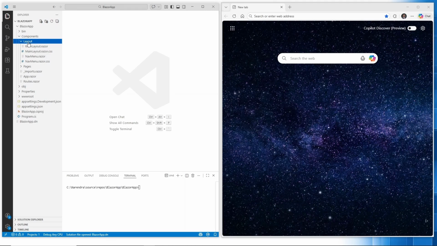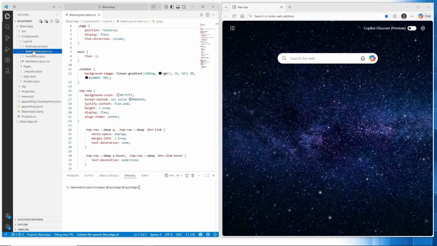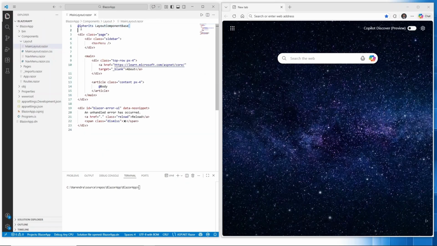In an app created from a Blazor project template, the MainLayout component is the app's default layout. By convention, the styles are provided by the accompanying style sheet of the same name. So for the MainLayout component, it is MainLayout.razor.css. The layout component must inherit from LayoutComponentBase. This is typically done using the @inherits directive. LayoutComponentBase is the base class for components that function as layouts. The LayoutComponentBase class is in the